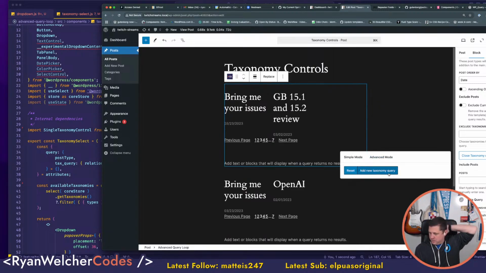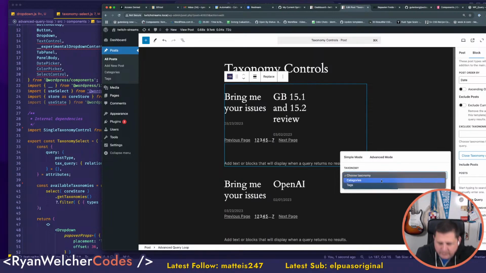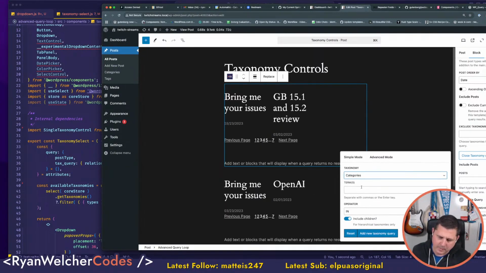So we add the new taxonomy query. So this gives me the categories. Sweet. So in here now, I'll just get rid of this stuff, and we'll turn this into